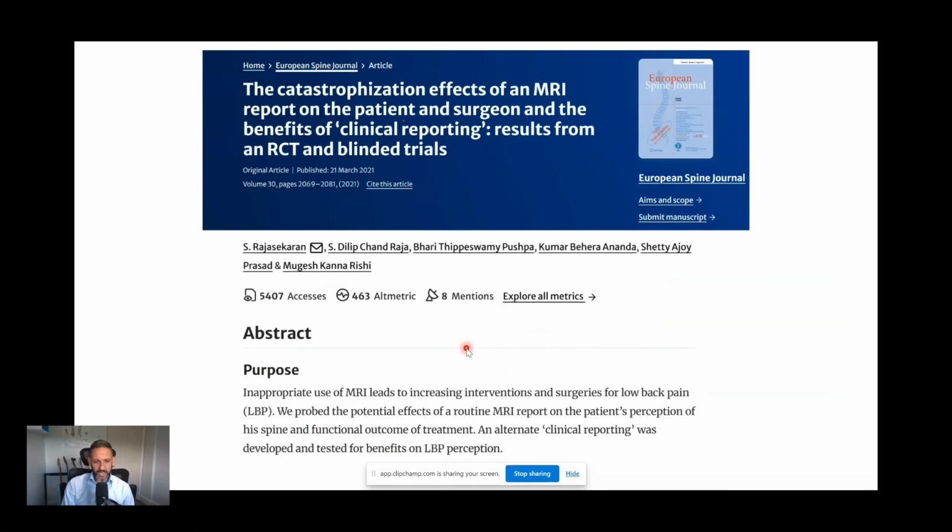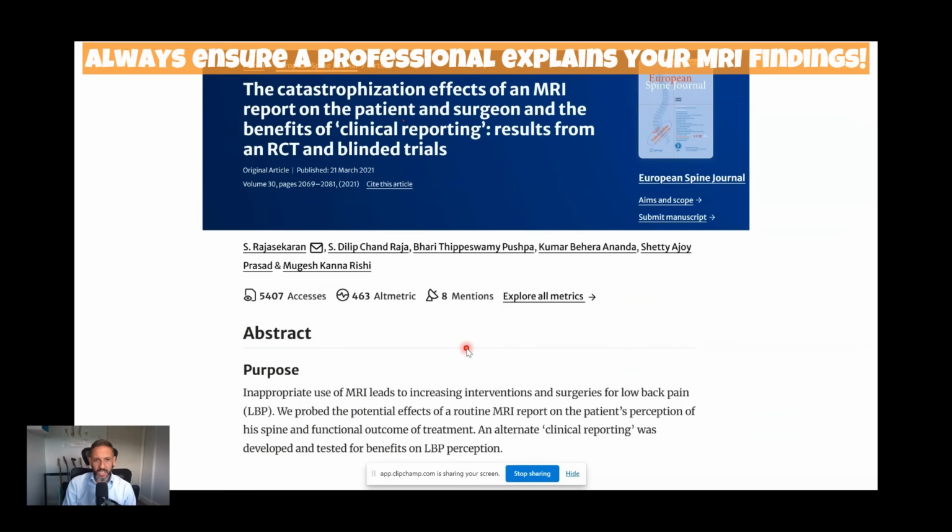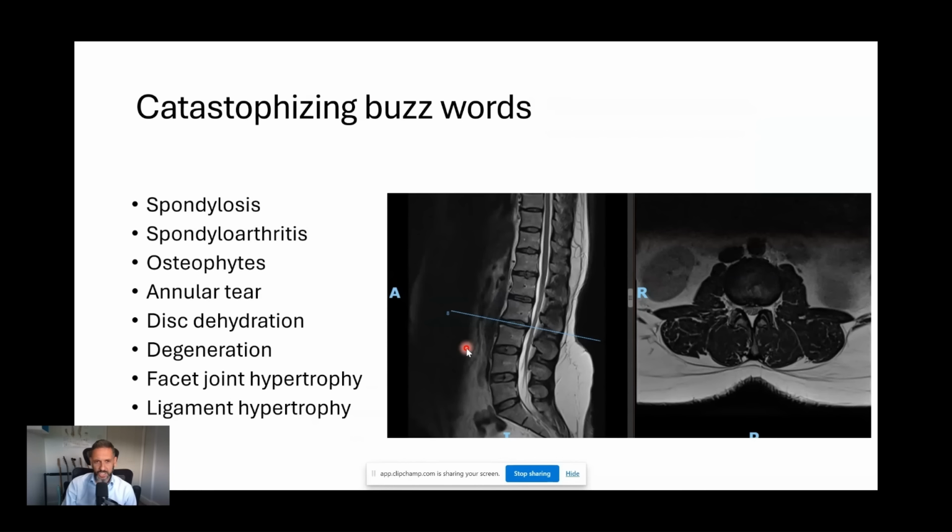And amazingly, the group that had it explained to them, who basically got the same findings as the other group, had far better outcomes, far better improvement in their symptoms, whilst they were both undergoing physiotherapy in the background. So that actually proves how catastrophic reading an MRI report without having it explained to you can be. And these are the common buzzwords that we see, spondylosis, spondyloarthritis,